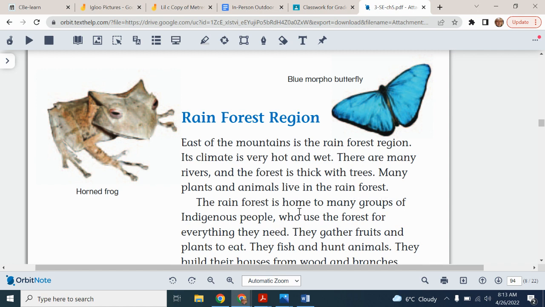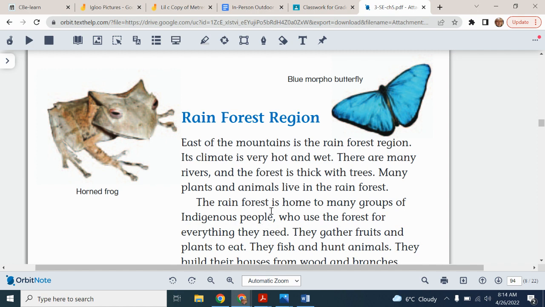The rainforest is home to many groups of indigenous people. Those are First Nations people, just like we have in Canada. But they would have different cultures and a different language that they speak. But they were the first people to live in Peru and South America, just like our First Nations were the same people to live in Canada.